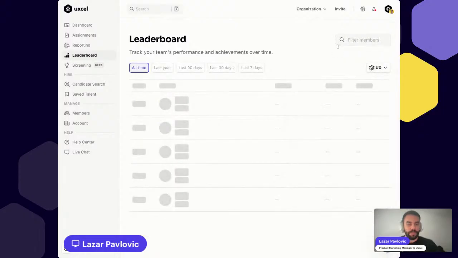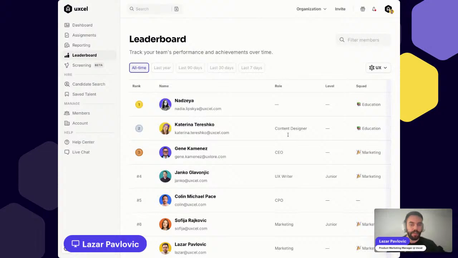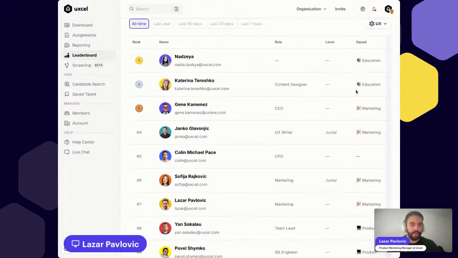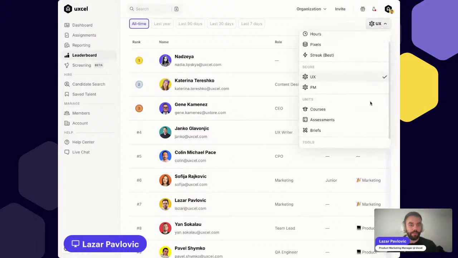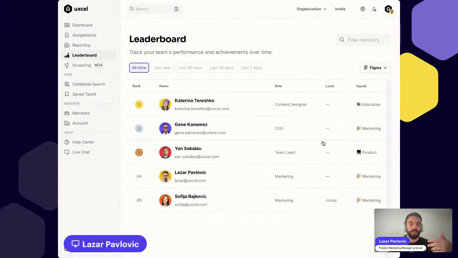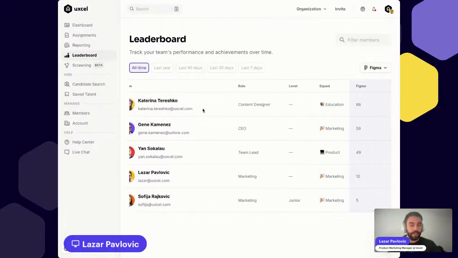So if you want to understand who is the best in UX, who is the best in PM, you can find out where they are in terms of the squad, what part of the team they are, and then maybe reach out to them by understanding, for example, hey, who is the best in Figma? I want to learn Figma. I can see that Kate from Uxcel is really good in Figma, so maybe I can reach out to Kate and see how I can learn some specific Figma related activities from Figma that I can actually apply to my